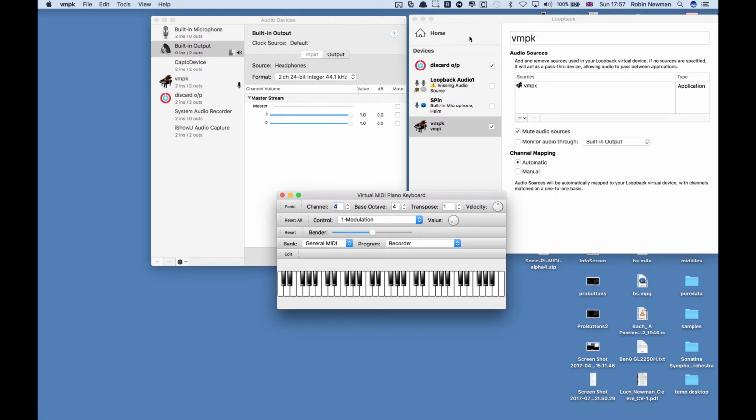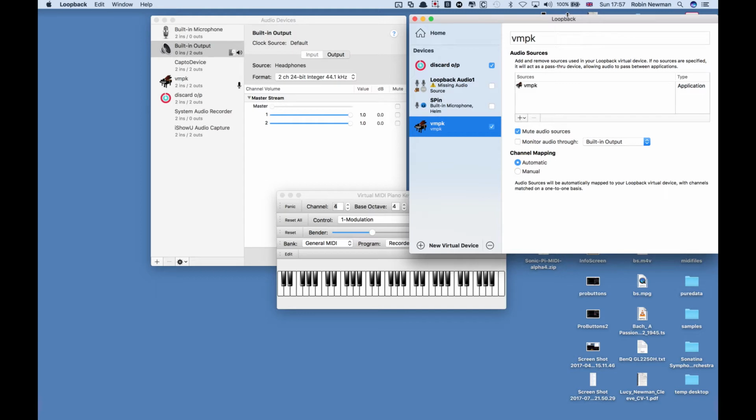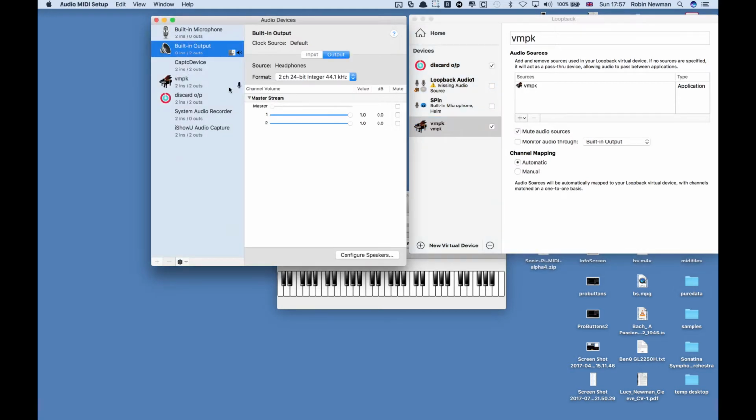And here you can see I'm using a little utility called Loopback, and that is feeding the output from this virtual MIDI keyboard back into Sonic Pi. And you can see that it's set as the default input here in my audio devices window, set by the audio MIDI setup routine, and the output is set to come out as per normal in the normal channel through the speakers or